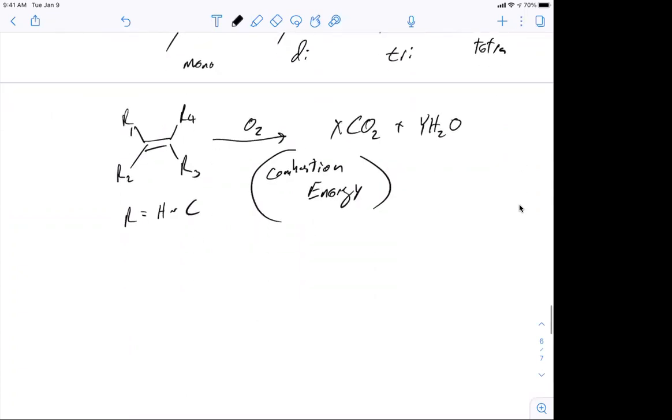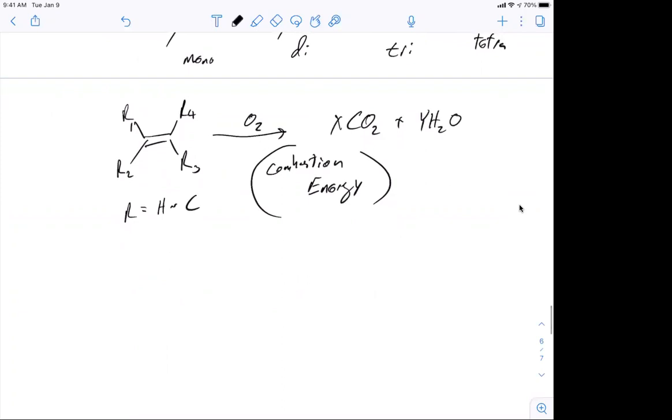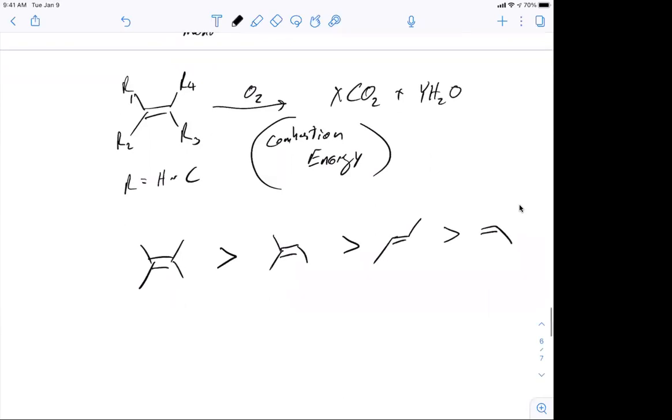And this combustion energy can tell us something about the stability of these different molecules. What comes out of this is, due to the electronic stability of hyperconjugation, the tetra-substituted is going to be more stable than the tri-substituted, which is going to be more stable than the di-substituted, which is more stable than the mono-substituted. And then also, the trans is going to be more stable than the